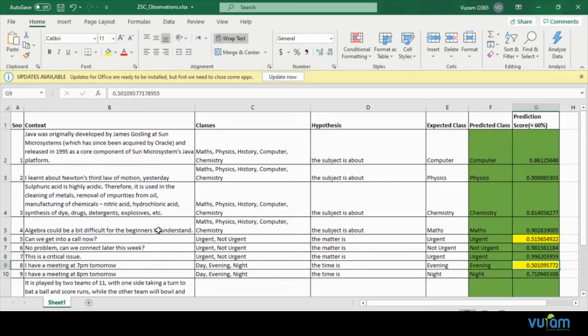So there are some limitations. Let's say if I replace this "now" with "as soon as possible" or "immediately", the prediction score is pretty higher. But for some reason, this "now" keyword has a low prediction score.